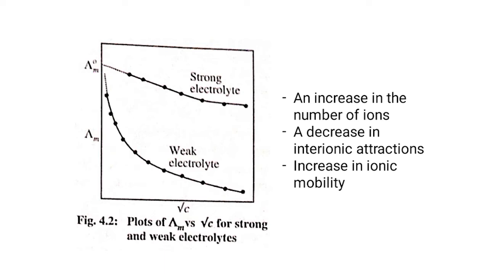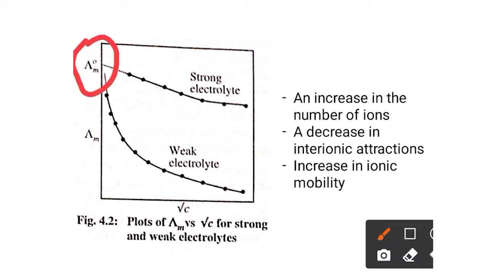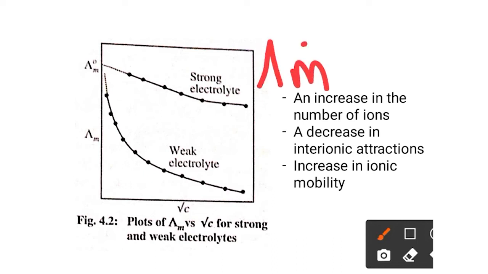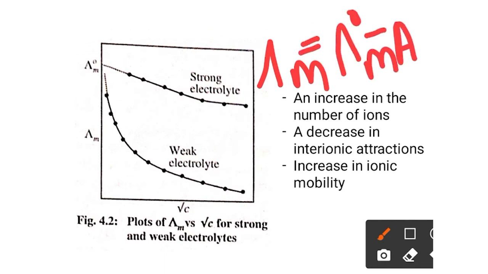for weak electrolytes. So for strong electrolyte, the molar conductivity reaches a limiting value at very low concentration, and it is known as the molar conductance at infinite dilution or limiting molar conductivity, and is denoted as lambda m0. Also it can be written as lambda m infinity. So for strong electrolyte, the increase of lambda m with dilution can be represented by the equation lambda m equal to lambda m0 minus A into root C,